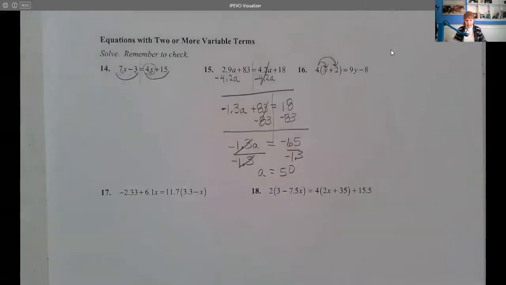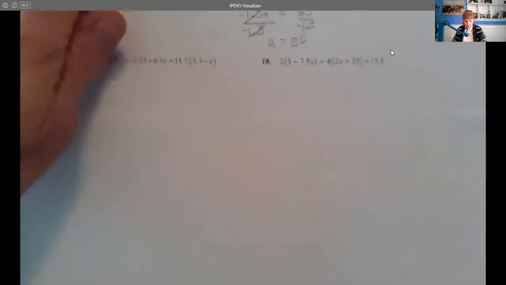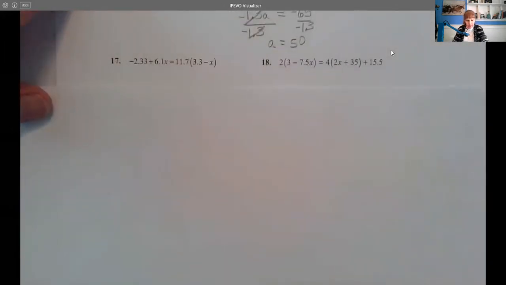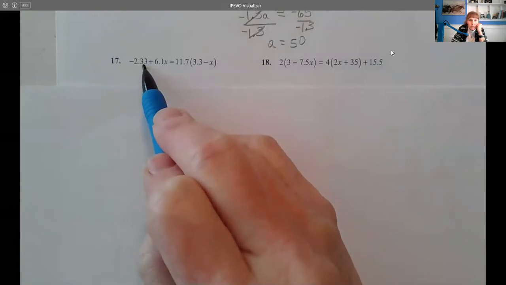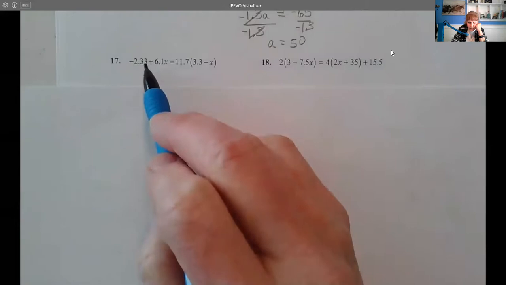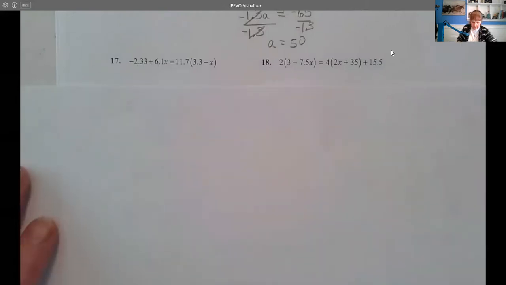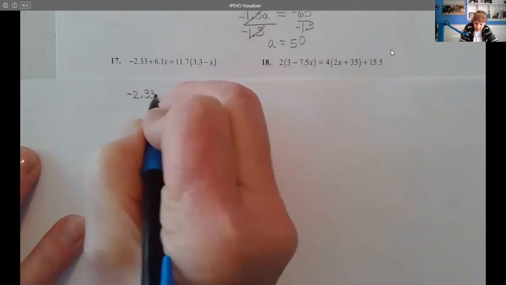All right, let's look at 17 and 18, and we'll be done with this section. Let me just turn the page over. Okay, 17 is very similar to 16. It's just that it has a lot of decimals. But let's look at our left-hand side. Is there anything to do? Well, that doesn't have an x. So I cannot combine those, and there's no distributive property. So that's going to stay. So I'm going to write negative 2.33 plus